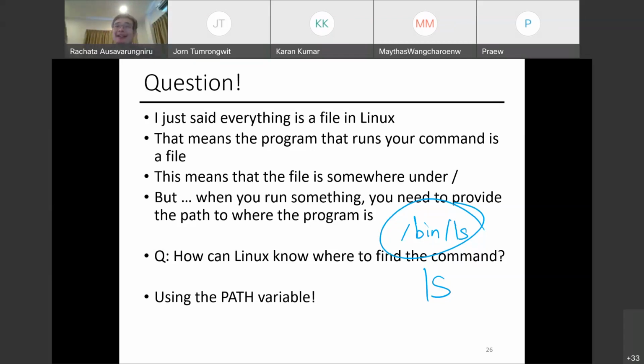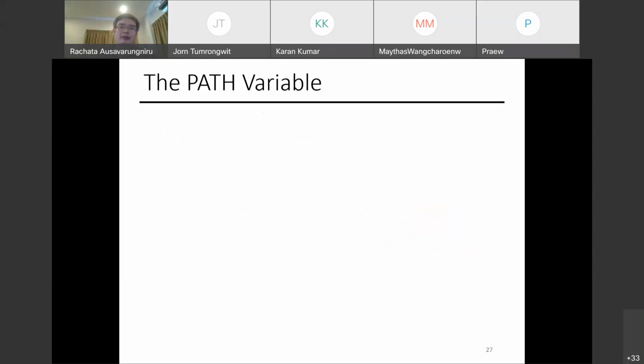It actually doesn't contain all the commands, but it contains the directions to the directories that might contain your command. So in this case, it can be a path to bin, like /bin, and you can add more. Basically, it's just one variable that you keep adding to. It means that when you run a command like ls, it will search every single directory in the path variable for the ls command. So this is how it works.